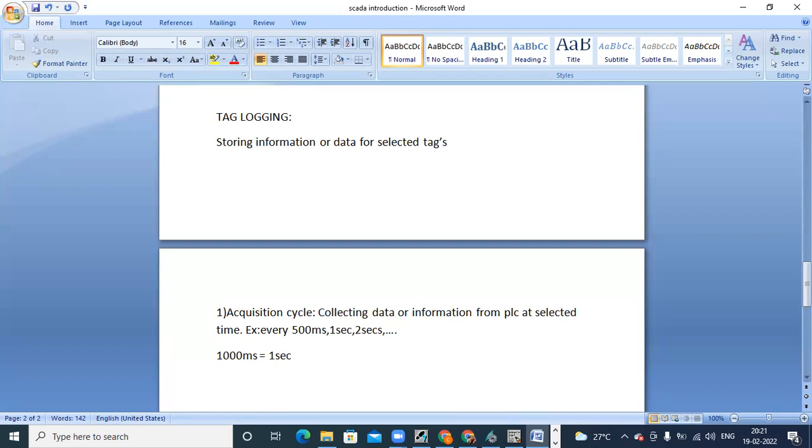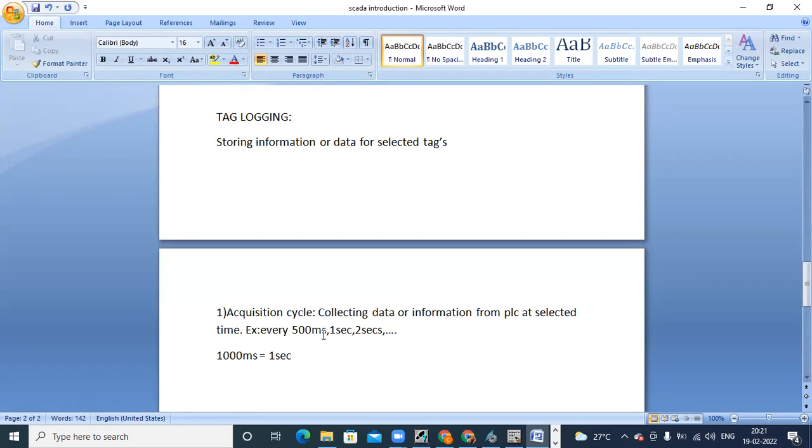For 1 minute, there are 60 seconds, so I'm getting 120 values. If the data is still the same, I will be getting the same value 120 times. So why store the same value that many times? It is too huge, and it is occupying memory.